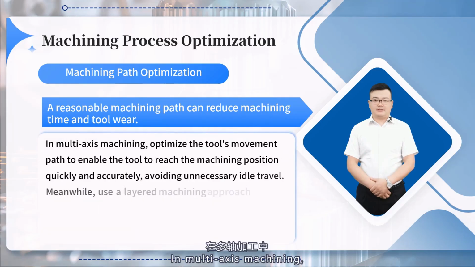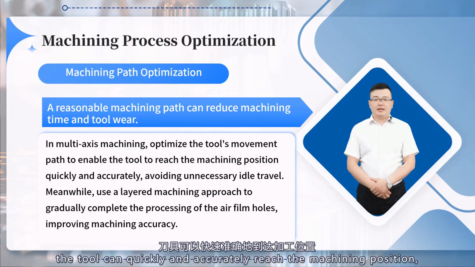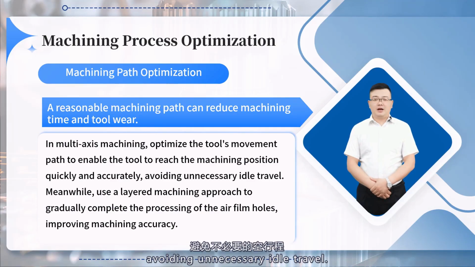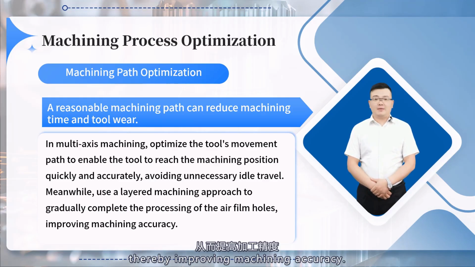In multi-axis machining, by optimizing the tool's movement trajectory, the tool can quickly and accurately reach the machining position, avoiding unnecessary idle travel. Additionally, using a layered machining approach allows for the gradual completion of film cooling hole machining, thereby